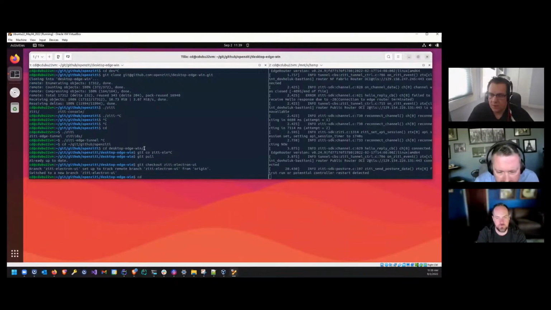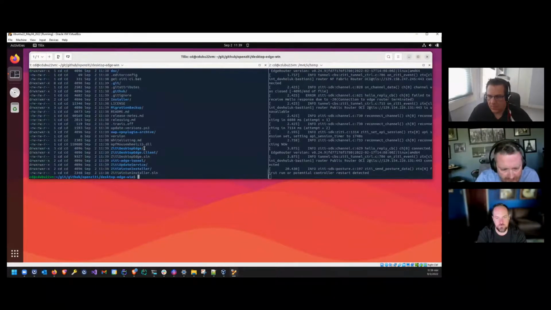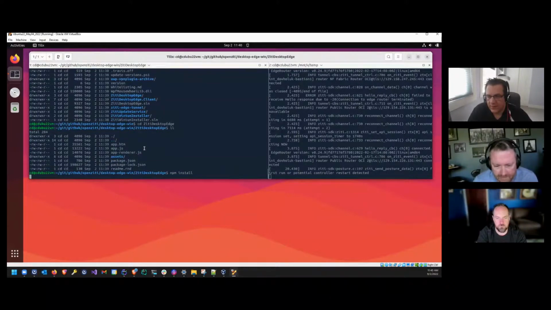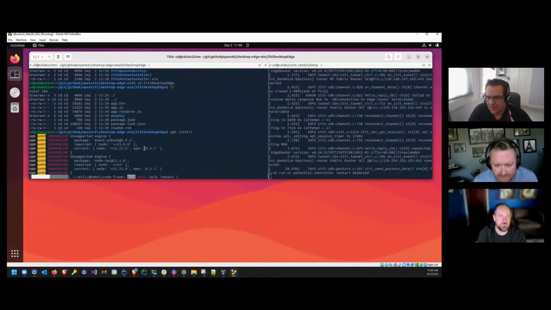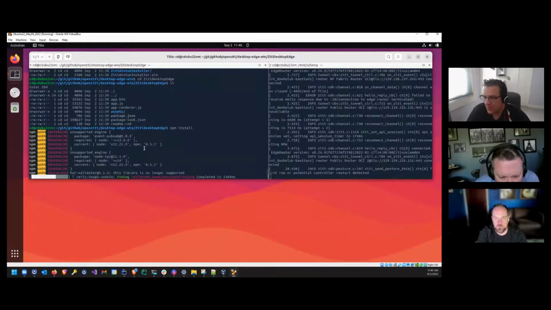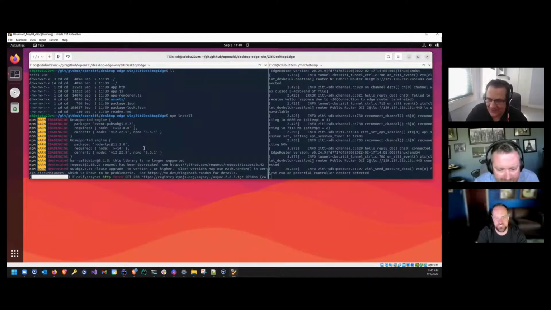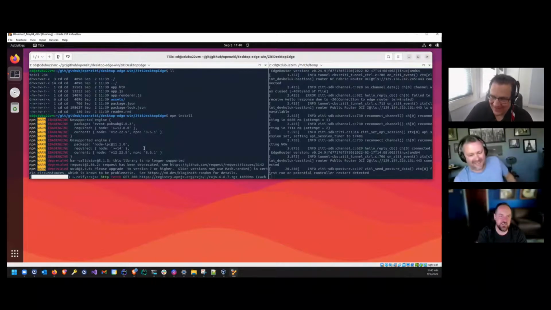Okay, and then cd to start to type ZD. Let me see what it is exactly. ZD Desktop Edge folder. Yep, there you go. And then just do npm install. See if npm is installed. It is. All right. Unsupported engine. It must be ancient. Is that what's going on? Oh, it's just a warning. Never mind. Yeah, it should be fine. Big old scary warning. It'll be just fine. Don't you worry about it, Clint.